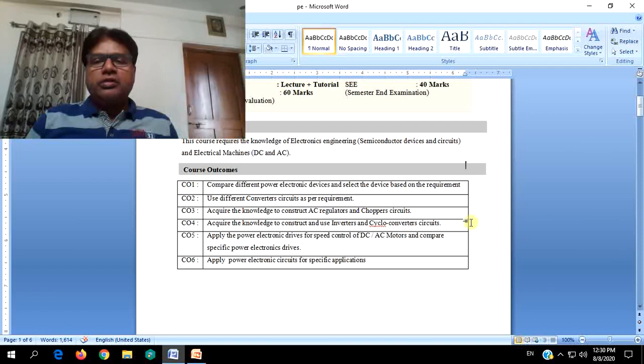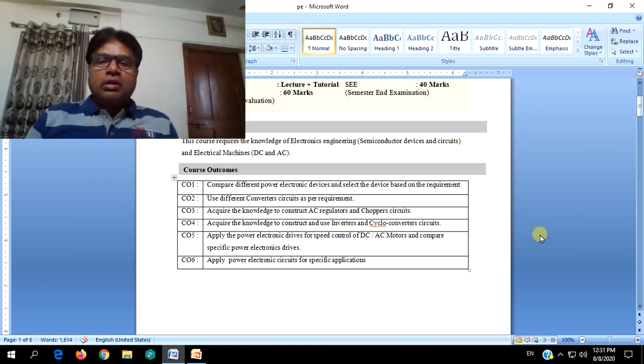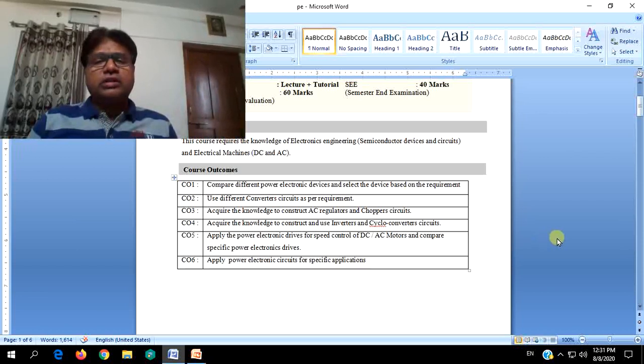So eventually in the first 4 units we have learnt the concepts of the power electronic devices and the various converter circuits, that is rectifiers, voltage controllers or regulators, choppers, inverters, and cycloconverters. So now we are ready with the ammunition to go further and to apply our knowledge in various fields of electrical engineering,